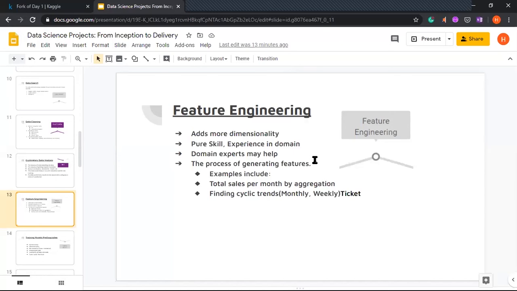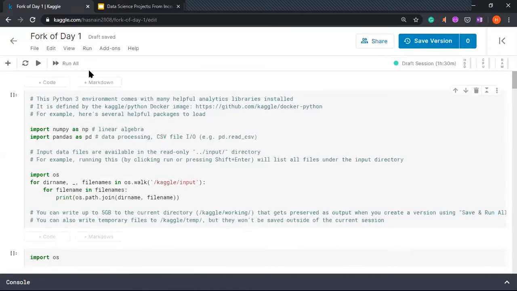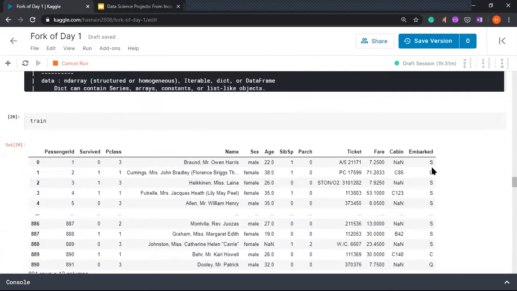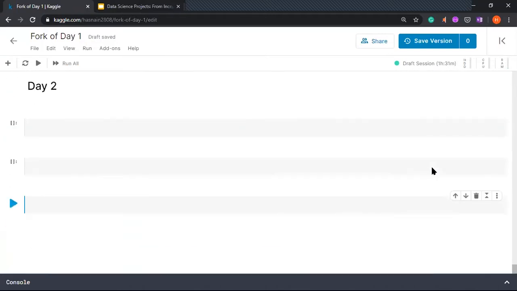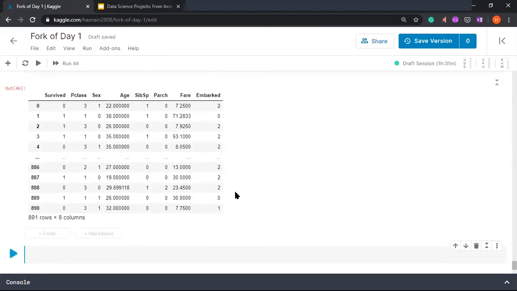Okay, so we'll try to implement these in code. When we did this last time, we had written all these things, so I'll just run them all again. You can click run and click run all, and it will actually run all cells, so we don't have to manually run everything. By the end of the session, we had this data frame, this table that we had found. So this is from our data cleaning. Now we want to do feature engineering and exploratory data analysis with it. So we'll start with the first step.